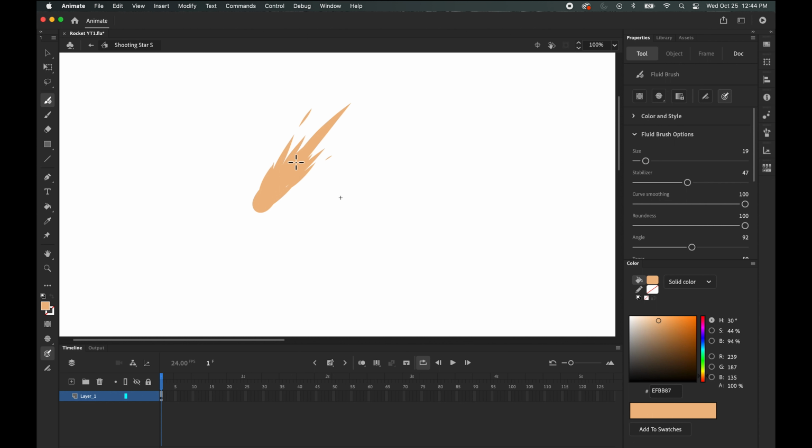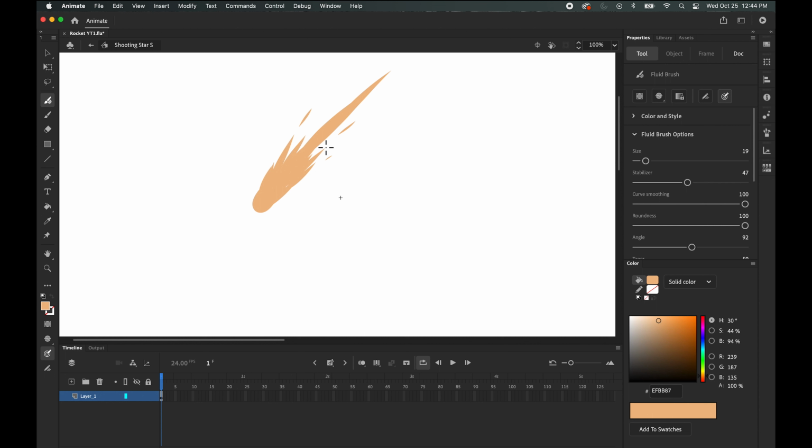Bring the size down a little bit. Now let's add another big one over there. Okay, there we go. Now, I am going to draw this in, or make it white, I believe. But let's go ahead and animate it like this, and then we'll just change it white later because I can't